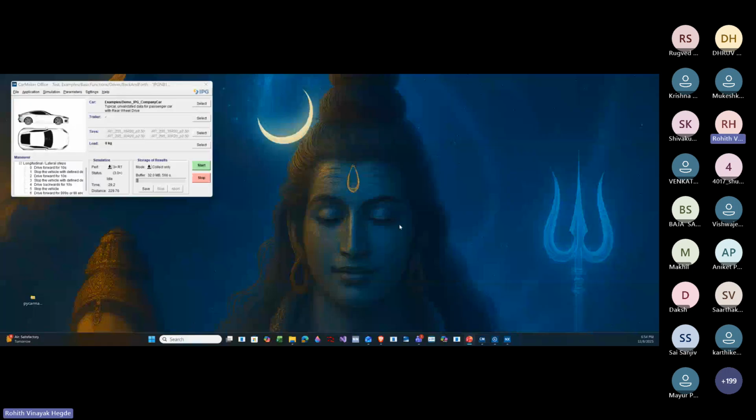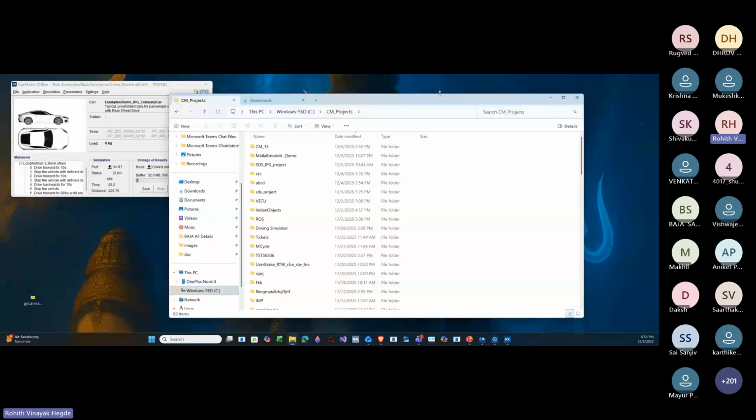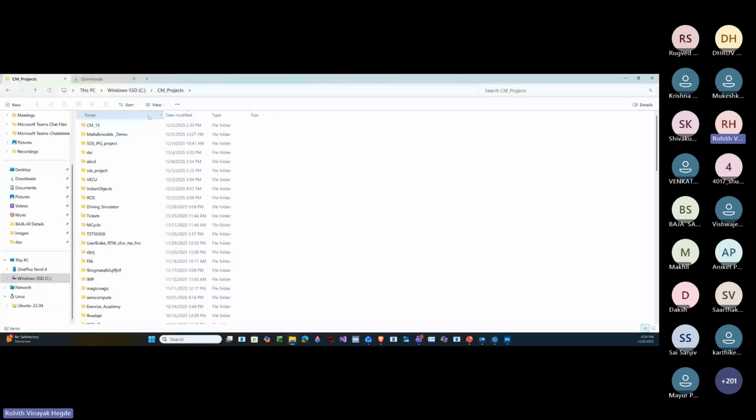So we'll create one folder called CM projects. Inside this, you have your project folder. As I have told, this is the bin folder. Right now it is empty. If you go to the data folder and select a vehicle, we have all the data. If you go to the test run and open this file,